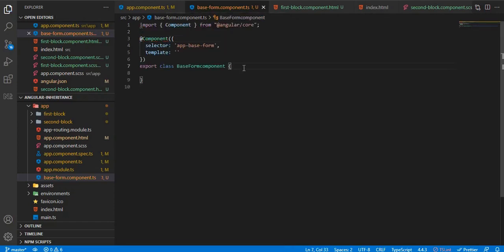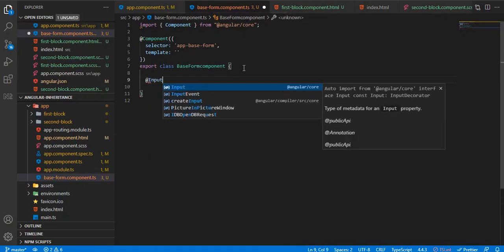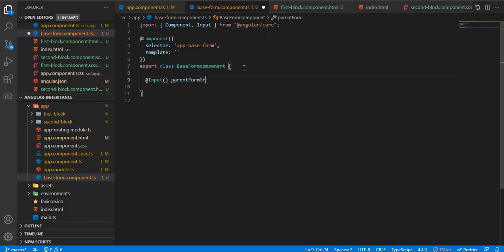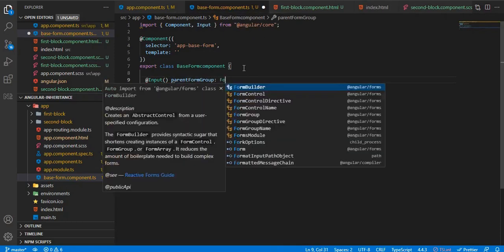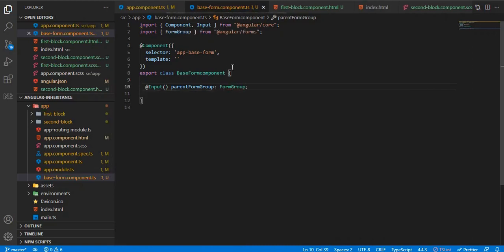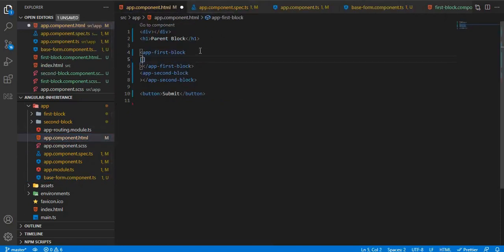Okay, so now we have the base form component, which will actually take in the input of parent form group. Okay, this will be of type form group. Okay, now this can be passed to the individual components here. So if I go here, this should be parent form group, this should be inherit form.